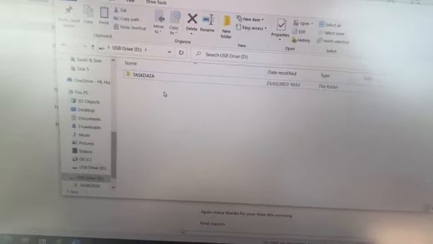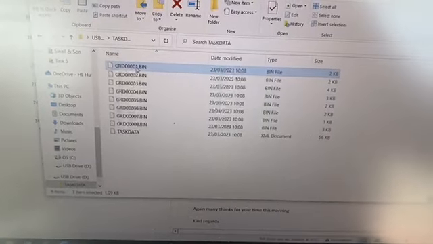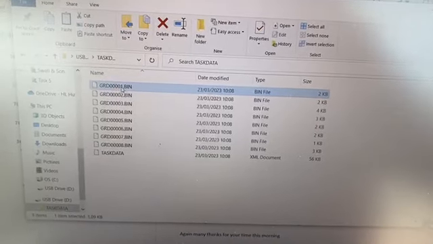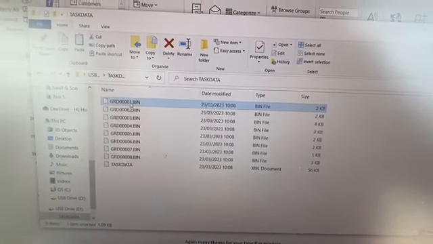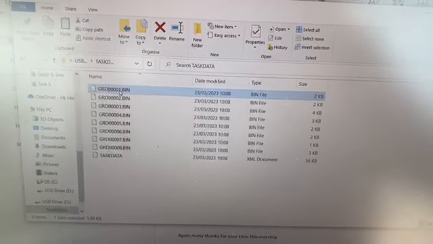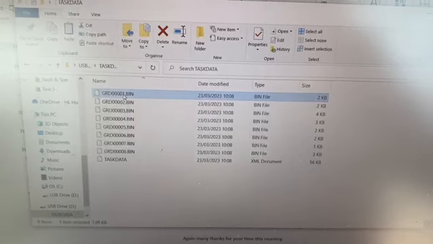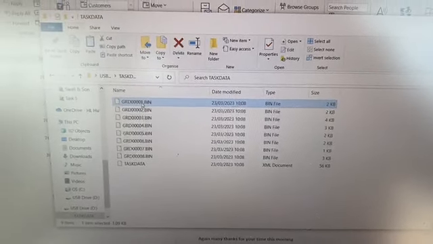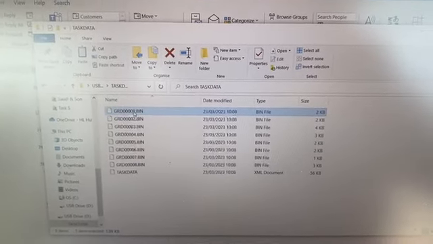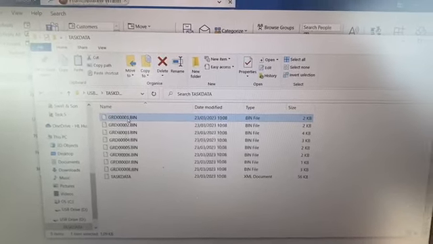If I double click on that, in here are the files that I've exported from our platform in ISO XML format. So you'll see that they just say GRD bin 1, 2 to 8, or however many fields you may have, and you have the TASKDATA down at the bottom. If you just copy and paste those out of the zip folder when you download it out of our platform into the folder on the USB stick, they are good to go and ready to be installed into the side